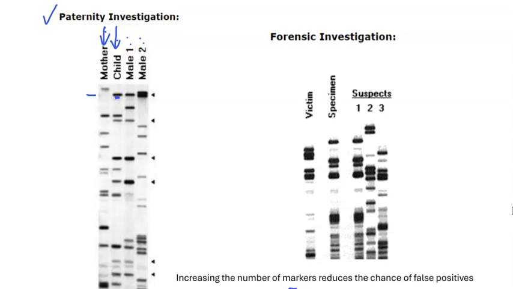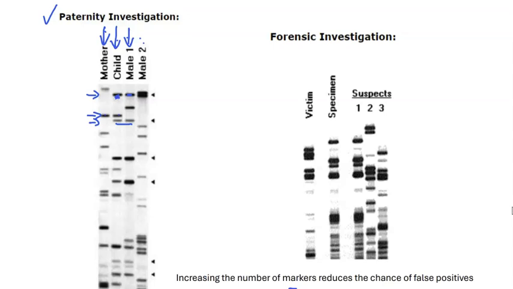So if we come to this level here, we can see that this band is present in male 1. We come to this position here and we find that this band is present in the mother. Just below it, we can see that these two match up,